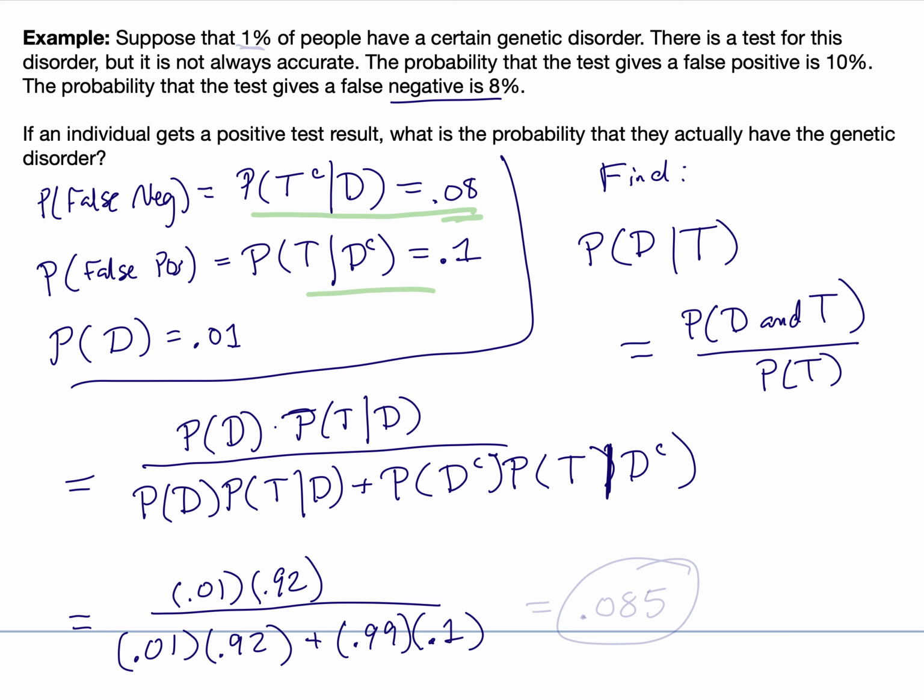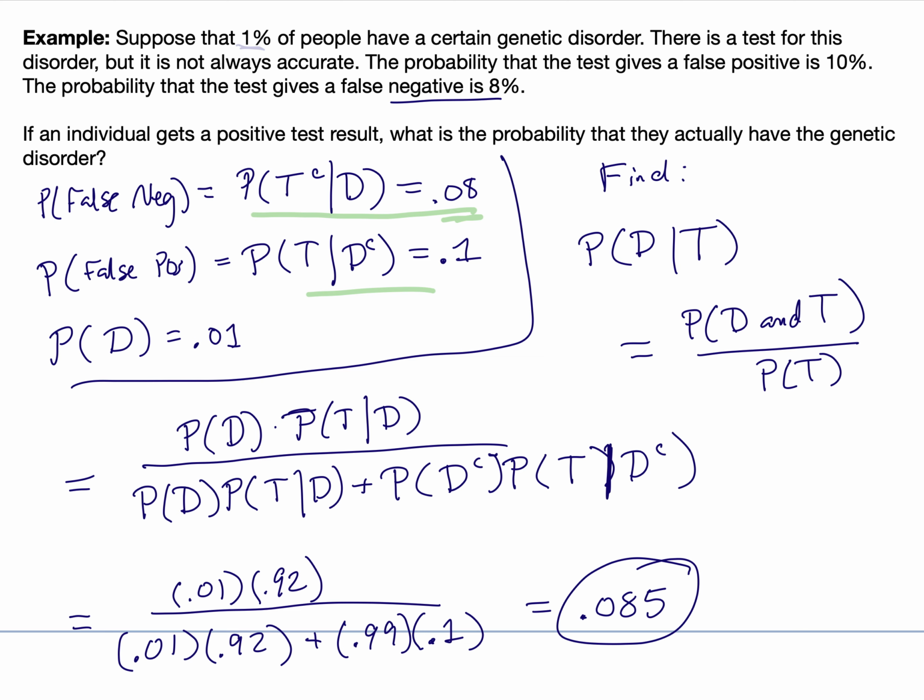Okay, so now we just need to plug all those values in, and when we do, we'll get 0.085. So this is saying that even though the individual has received a positive test, there's less than a 10% chance that they actually have this disorder. And that's not especially uncommon, especially for rare diseases or disorders,